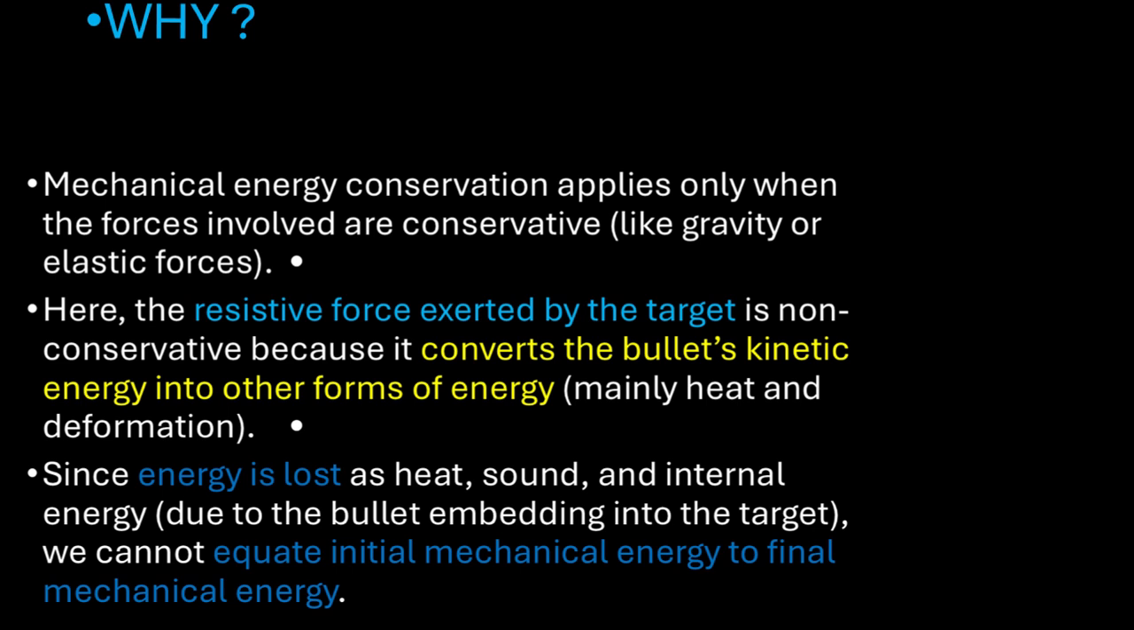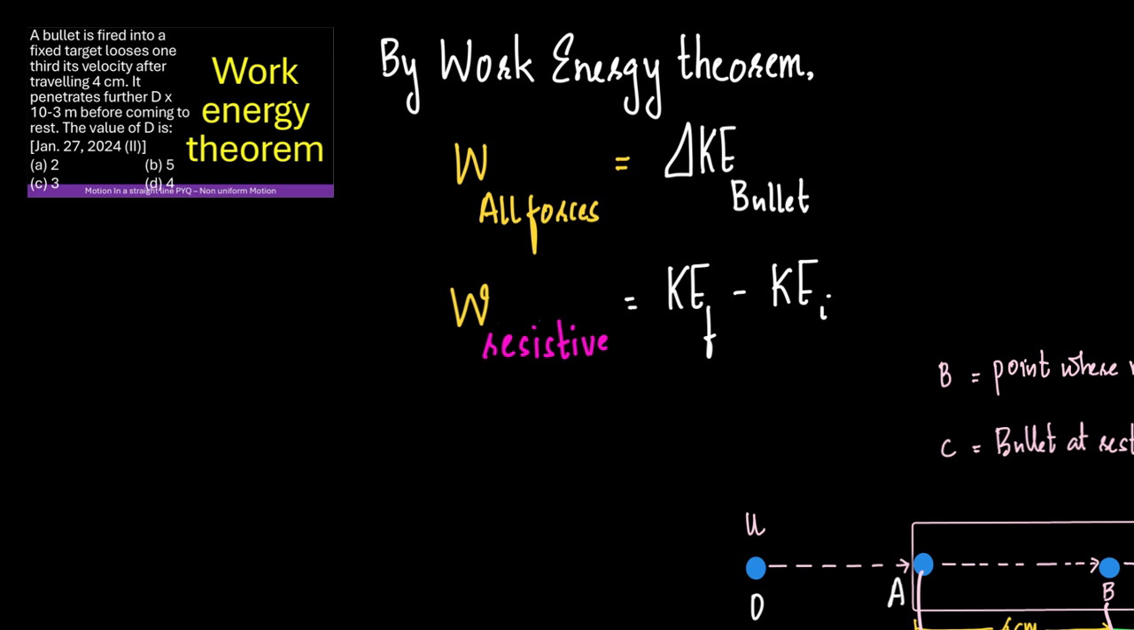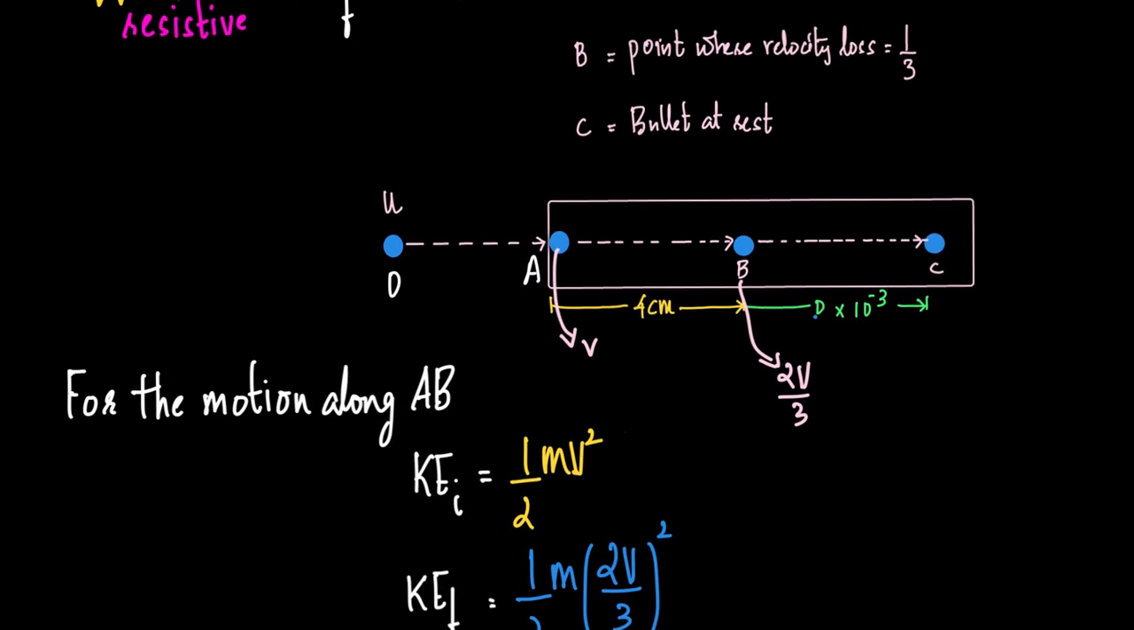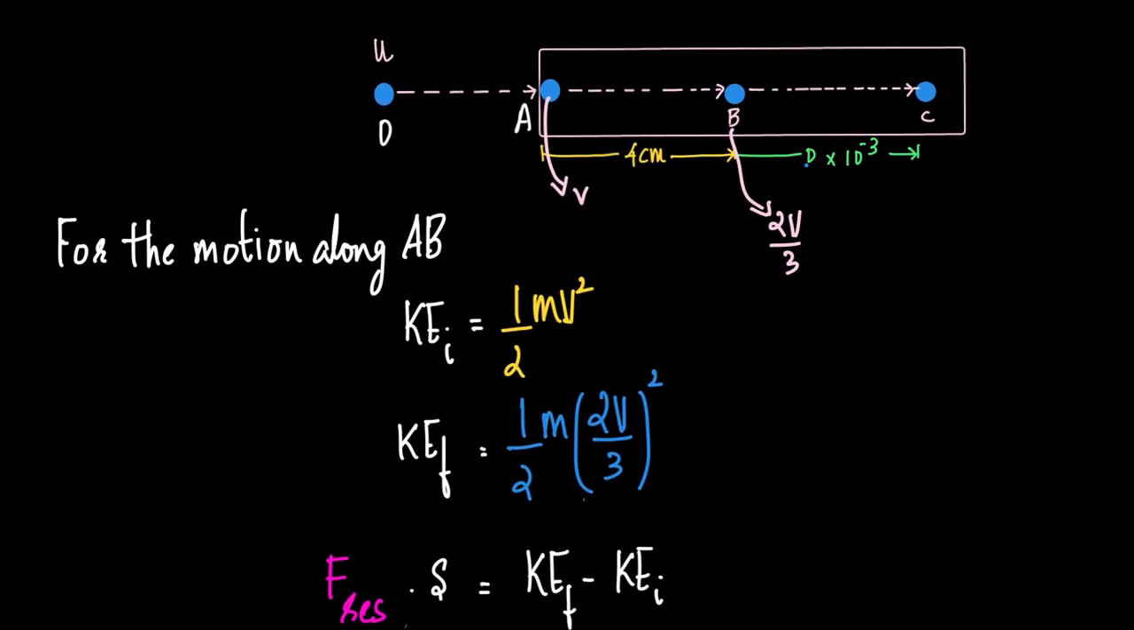Now we will get into the direct solution. By the work energy theorem, work done by all forces is the change in kinetic energy of the bullet, which is kinetic energy final minus kinetic energy initial. We assume that all other forces are negligible and the only force acting here is the resistive force. Every other constraint used in the previous solution remains the same here, where B is the point where the velocity loss is 1/3 of the initial velocity, C is the point where the bullet is at rest, therefore velocity at B will be 2v/3 and velocity at A remains v. Now for the motion along AB,